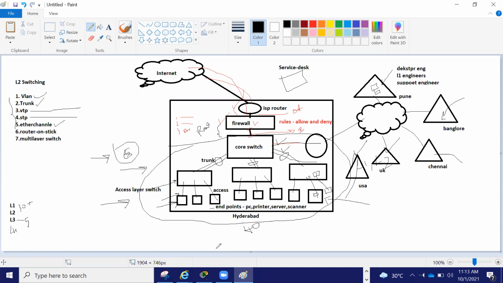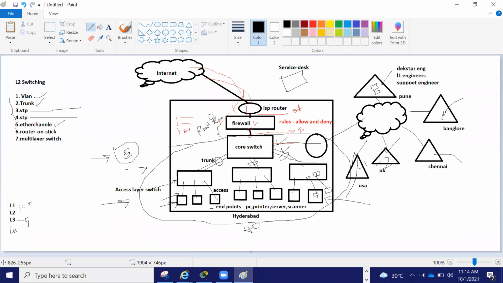Okay. Firewall is a big terminology. Obviously it does network security. It is like a security guard in your office. It will see whom to allow, whom to deny. It allows only authorized people.